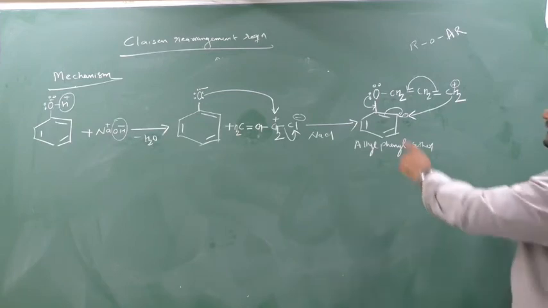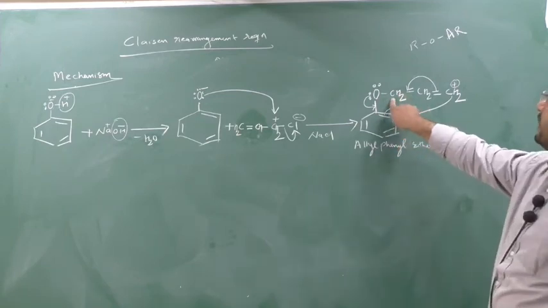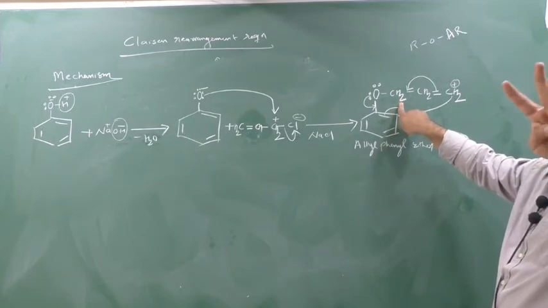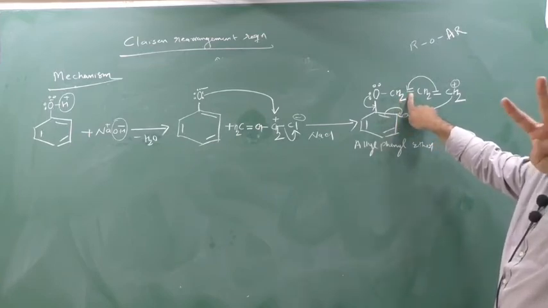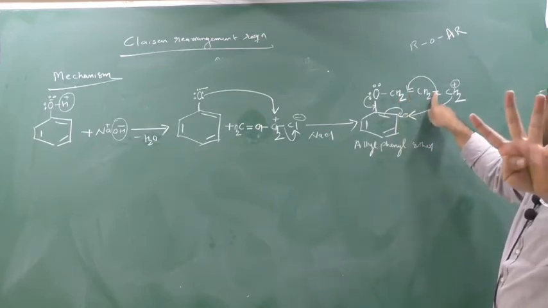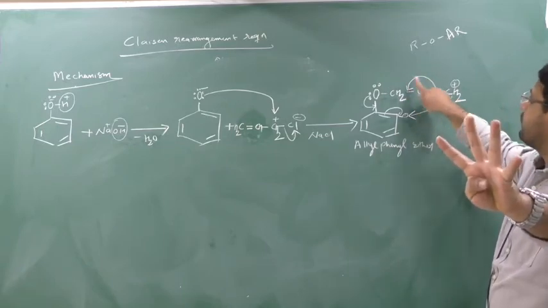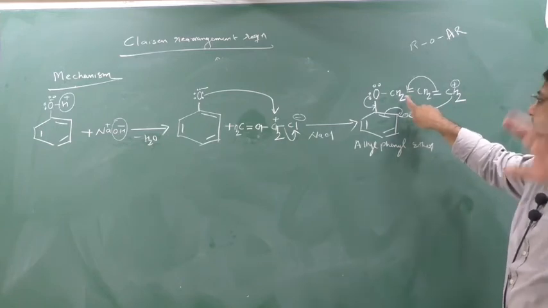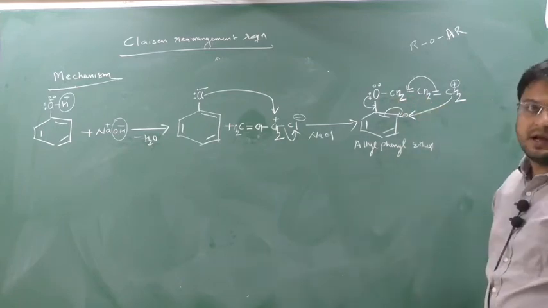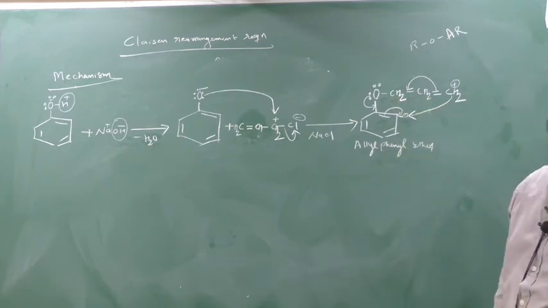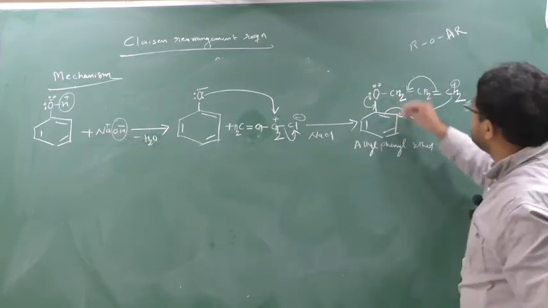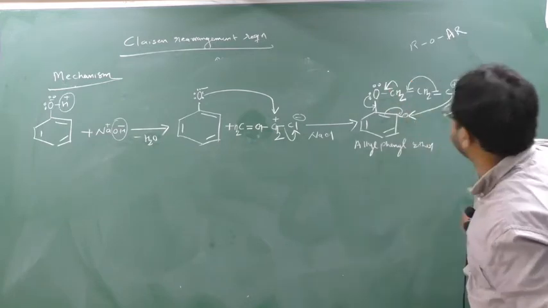See, again count. This carbon is having 1 bond with this oxygen, 2 bonds with this hydrogen, 1 bond with this carbon, and when this pi bond shifts here, 1 bond with this pi bond. So totally 5 bonds will be generated by this carbon if the pi bond shifts here, which is not possible. Carbon cannot form 5 bonds. So here the carbon is forming a new bond with this pi bond, so he has to break the old bond.